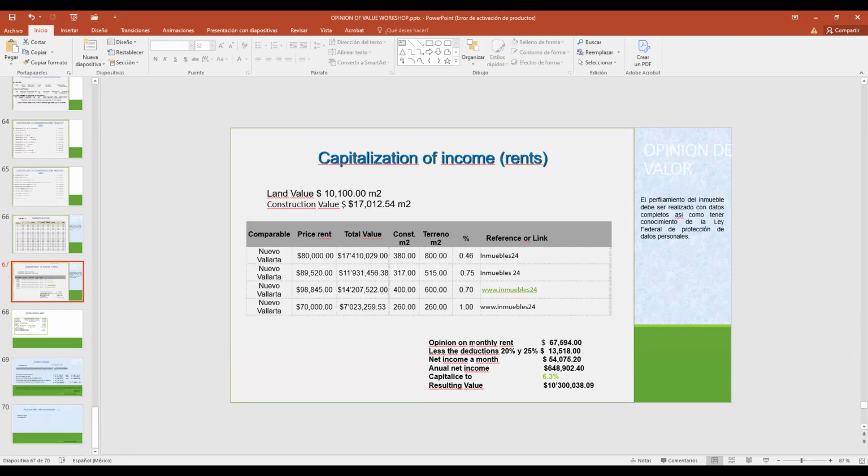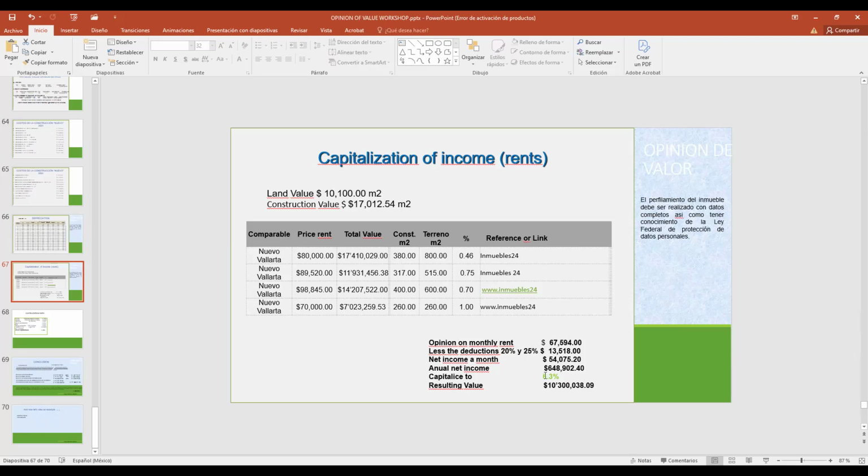This is the opinion of monthly rent, 67,000 pesos, less the deductions. It goes to 20 or 25% of the renter, the total rent. So net income amounts to 54,000 pesos, and the annual net income will be 648,000 pesos.